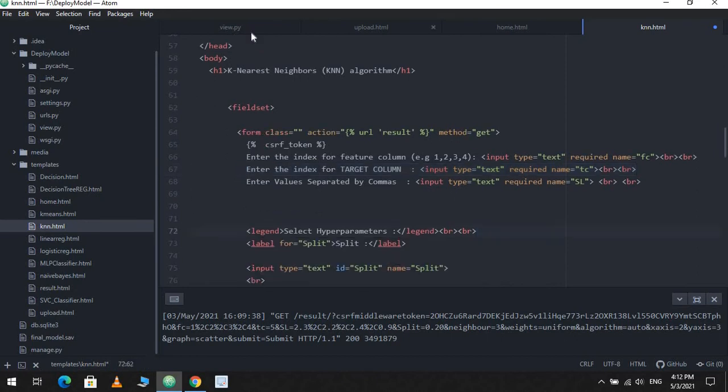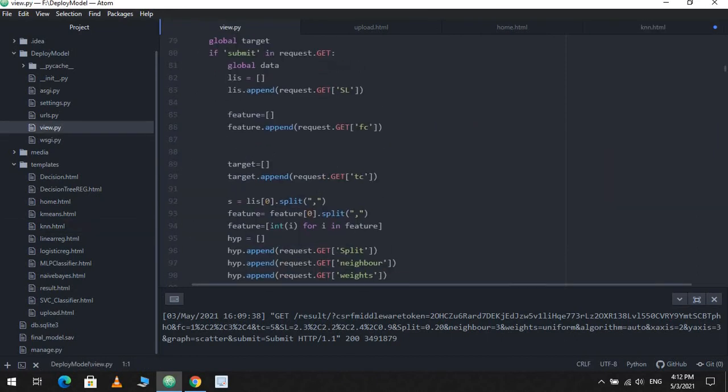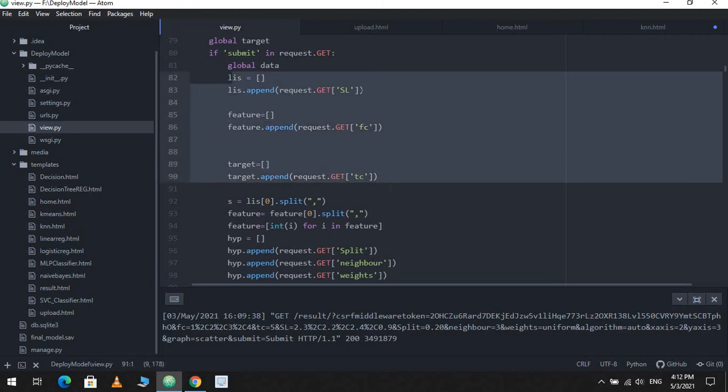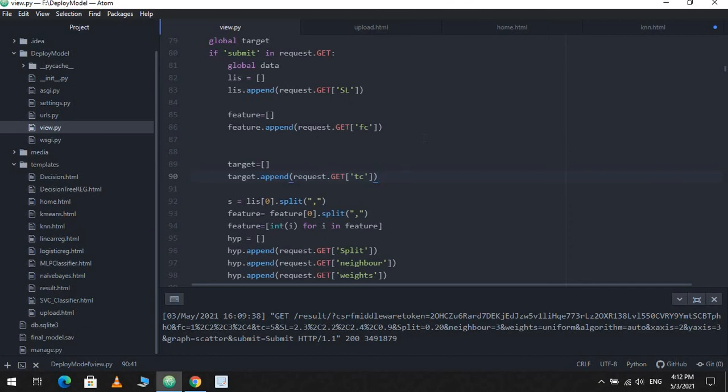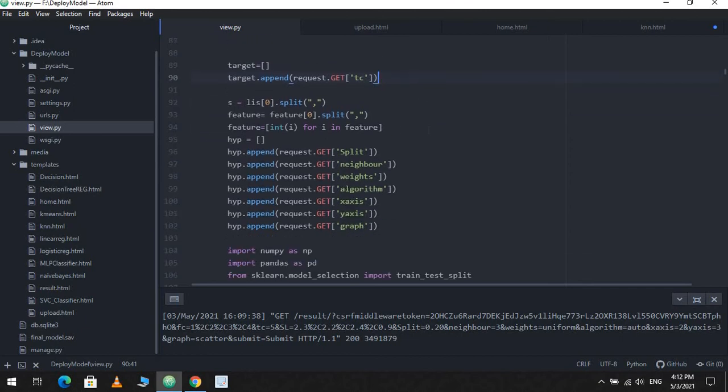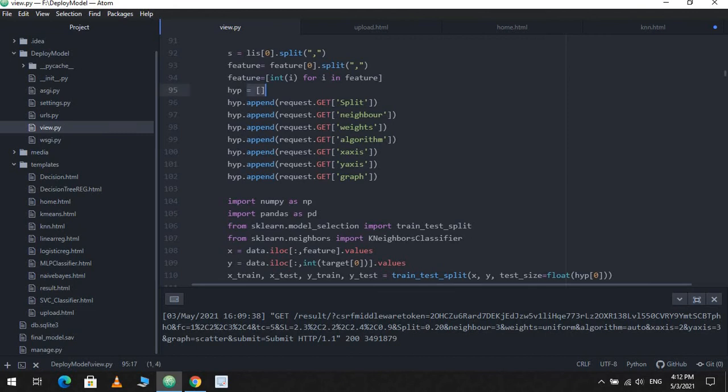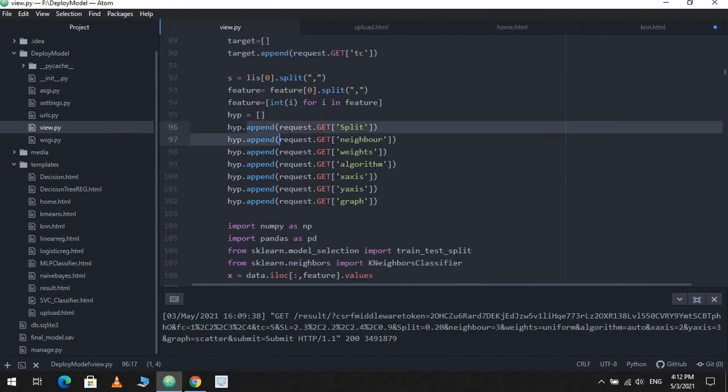Now for hyperparameters, I have created a different list from the feature column and target column, and for your hyperparameters, I have created a new list and I have appended every value in HYP itself.